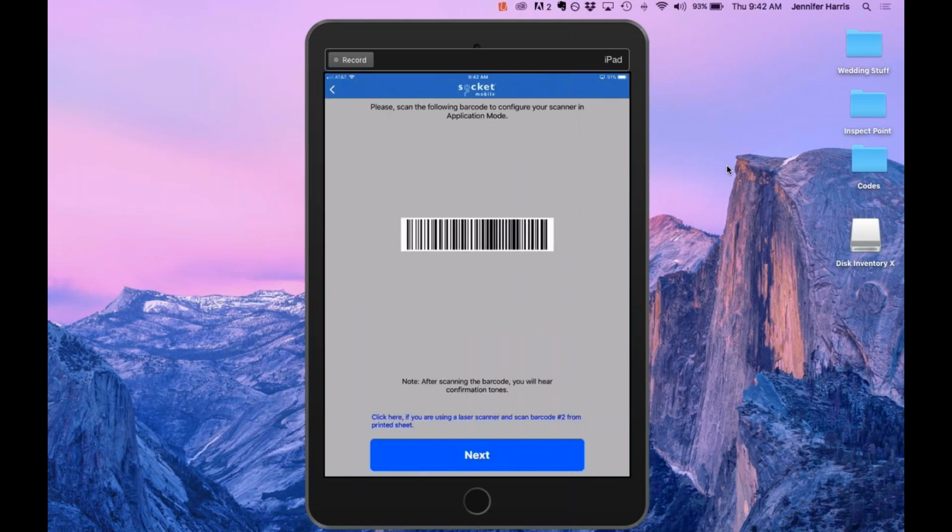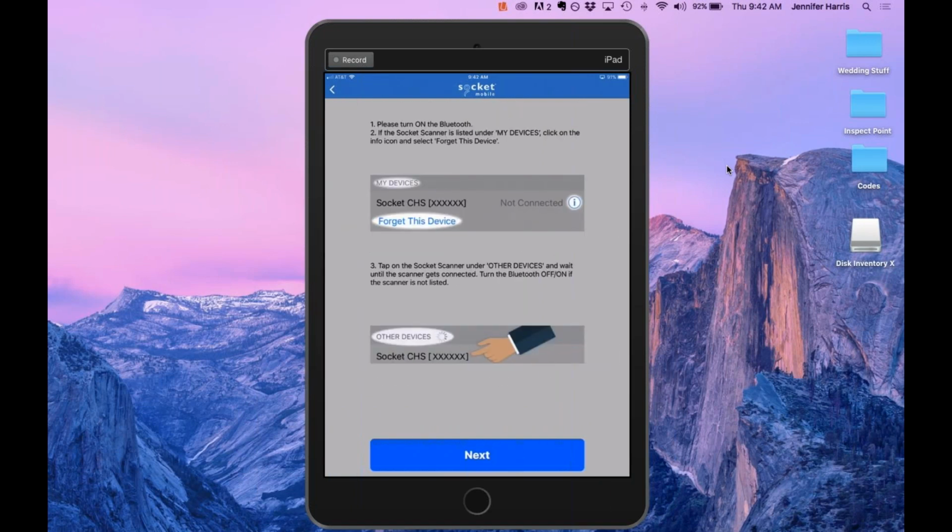And once again, it's going to ask you to scan another barcode. This one, it's going to ask you to scan barcode number 2, the application mode barcode. You're going to scan that barcode. Once again, some lovely confirmation tones from the Socket Mobile device. Going to click Next. And now this is the important part, because this is where a lot of people are